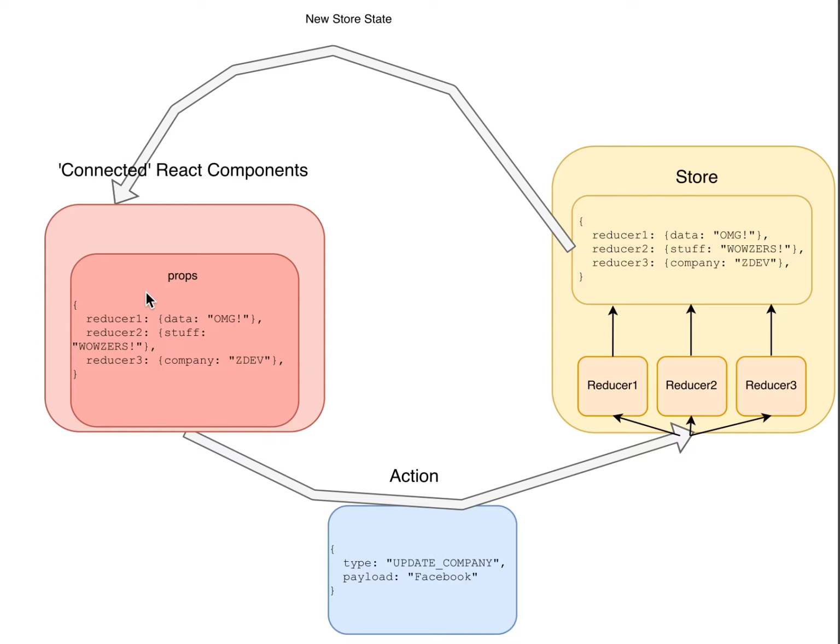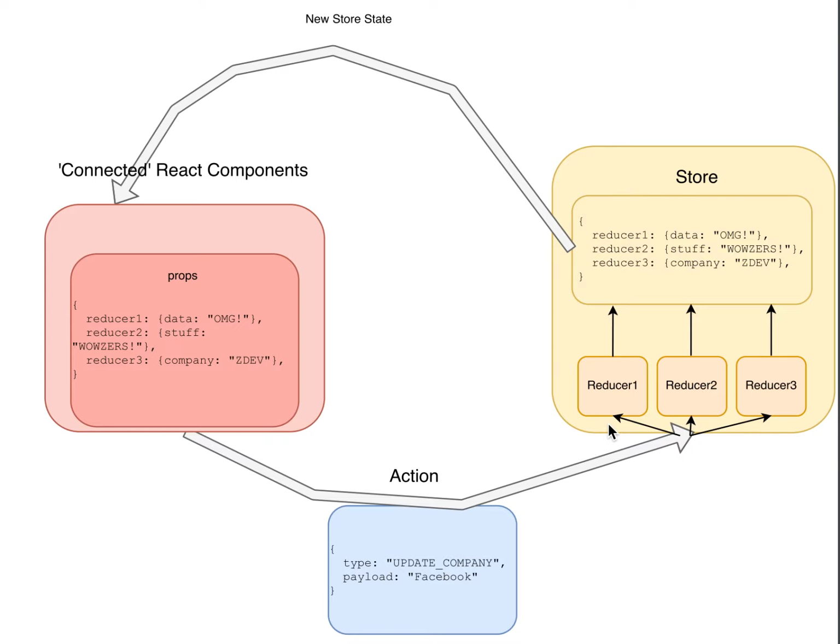So someone clicks something over here, and an action, which is just a JavaScript object, right? It's just plain old JavaScript, it's boring, gets fired, and it goes along here to the store, but it goes via the reducers. You can see here by these 3 arrows that every action that you fire from a component will go through every single reducer. I'll show you some examples of that in a bit, but basically reducers are functions which you write in JavaScript,